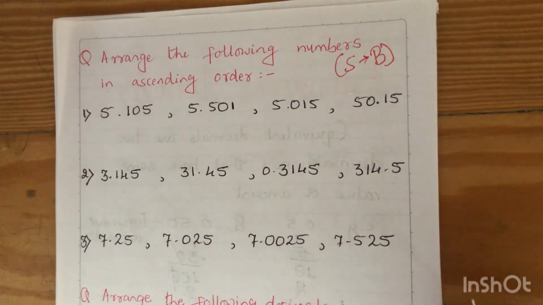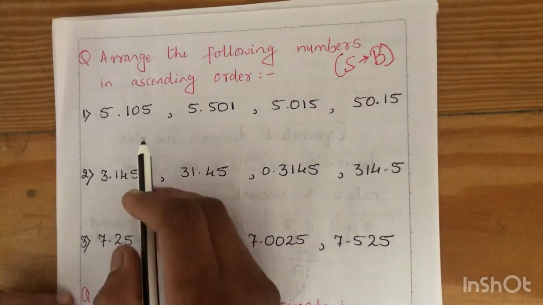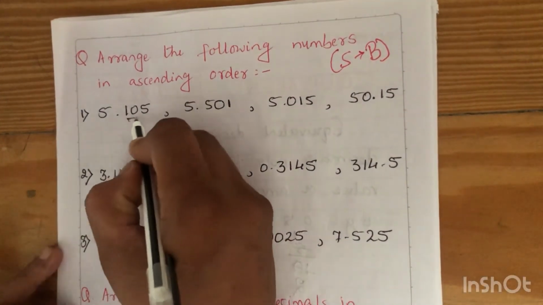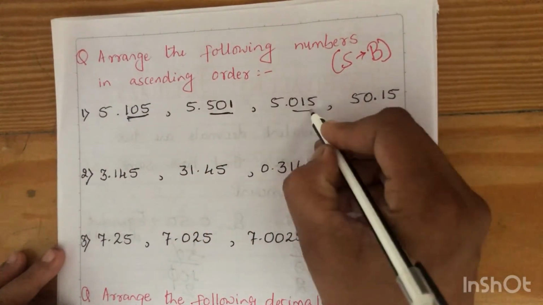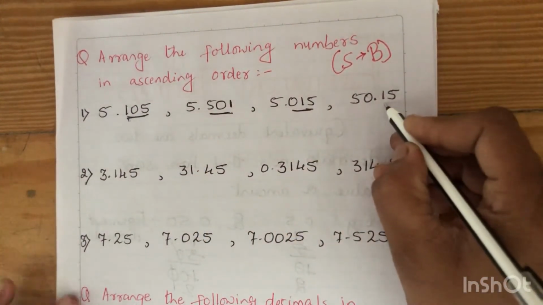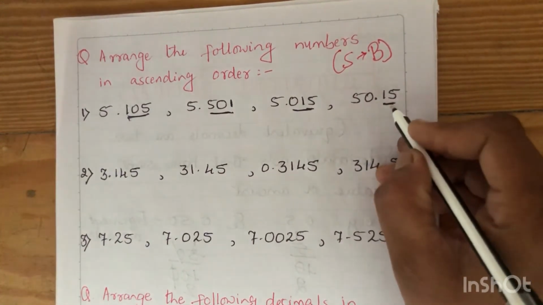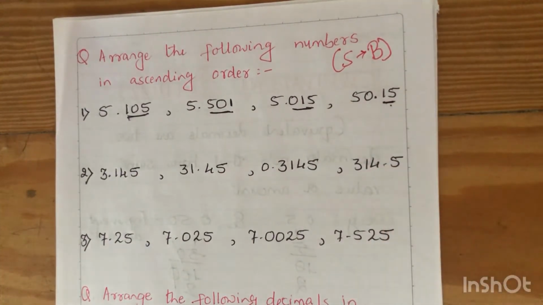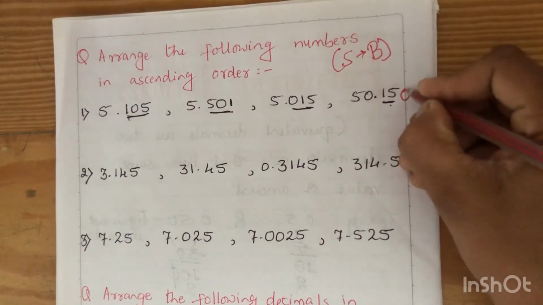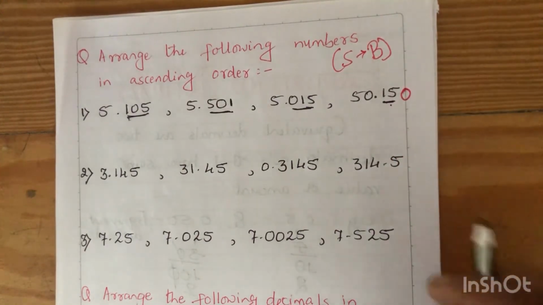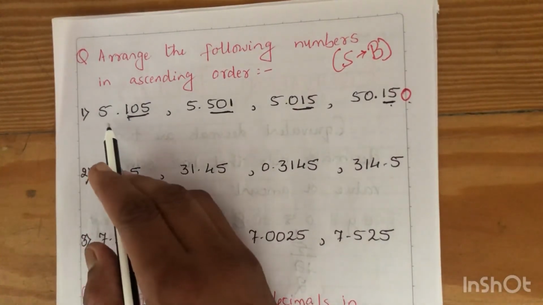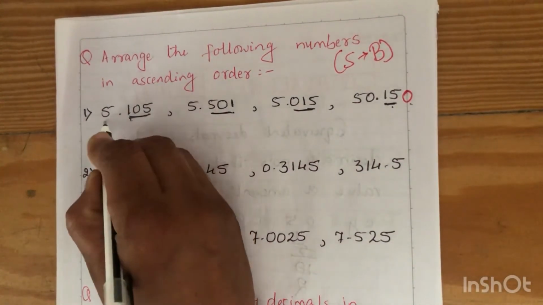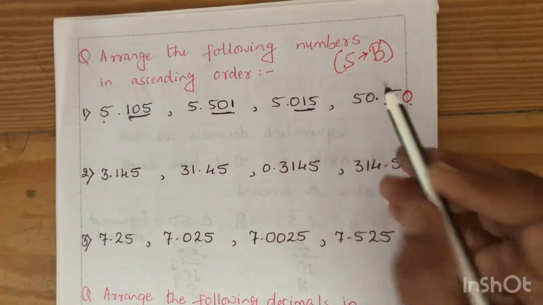So here let's make the equivalent decimals first of all. Here after decimal point 3 digits, here you have after decimal point 3 digits, after decimal point 3 digits, here you have after decimal point only 2 digits. So we will make equivalent by adding 1 0 to that. Okay, so now you have 3 decimal places. Now the second step, we will compare the whole part, that is here it's 5, 5, 5 and 5.